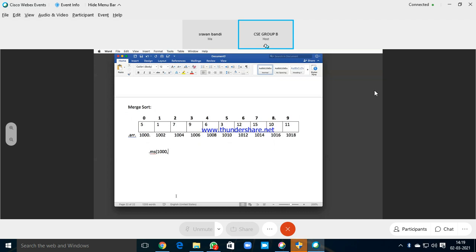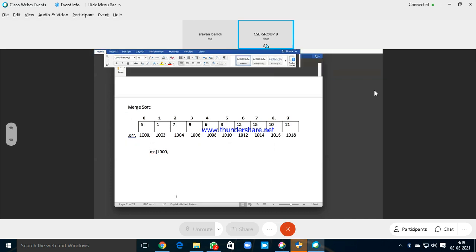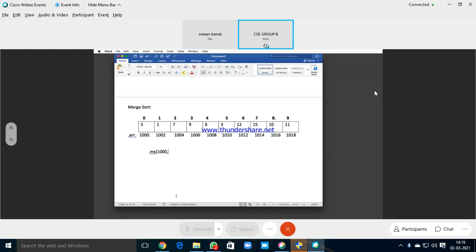we will take low, and first we will take this 0 and 9. These are the three things. So this is the base address, this is low, this is high.